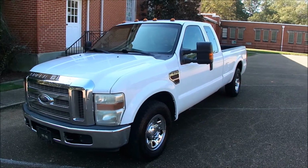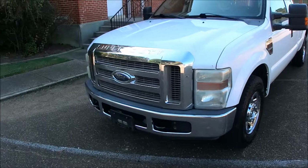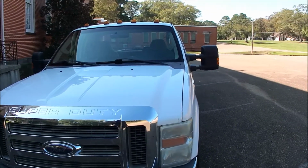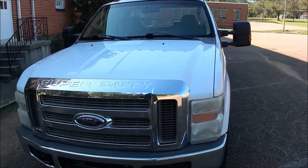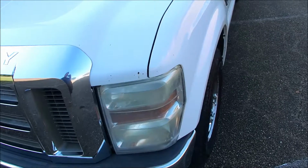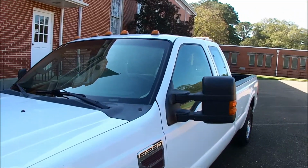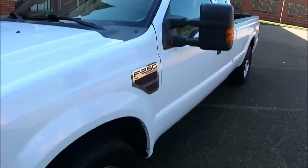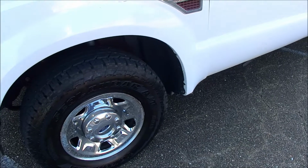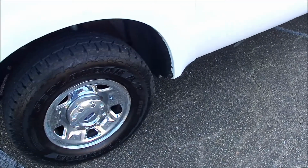I'm going to take you on a little walk around of it, then we'll go on a test drive. But let me start up front. You can see a few little rock pecks I'm going to touch up, nothing major. Headlights are nice, grill is nice. It's got one little spot on it right there, not a big deal. Just nitpicking because most of our customers buy online. Got a new windshield. It's got a nice matching set of Yokohama tires, and let me tell you,